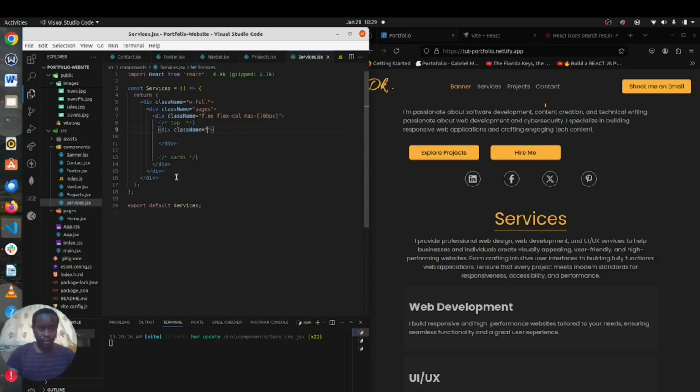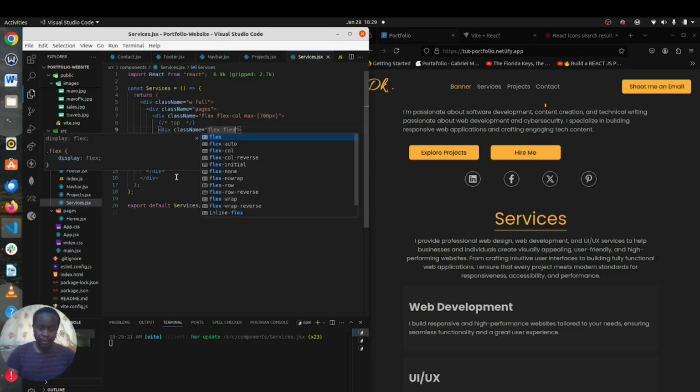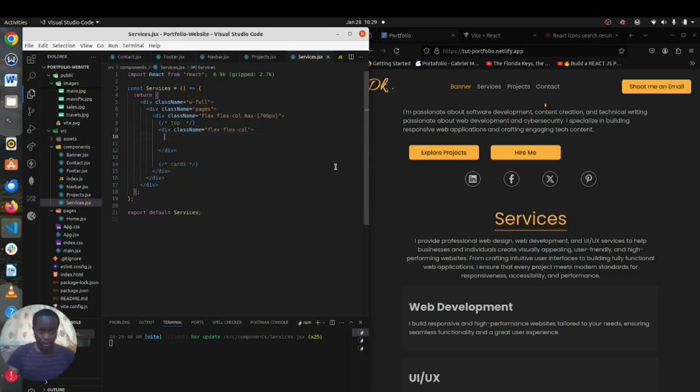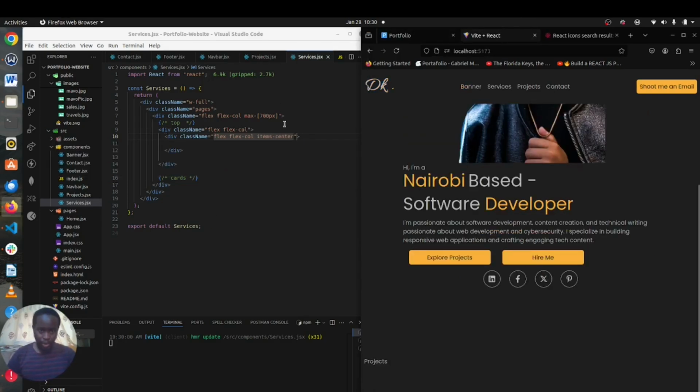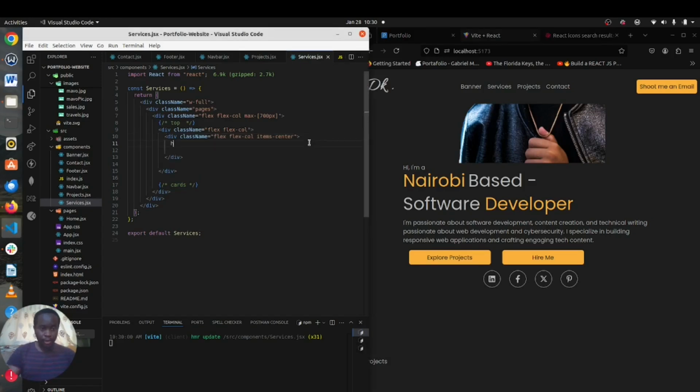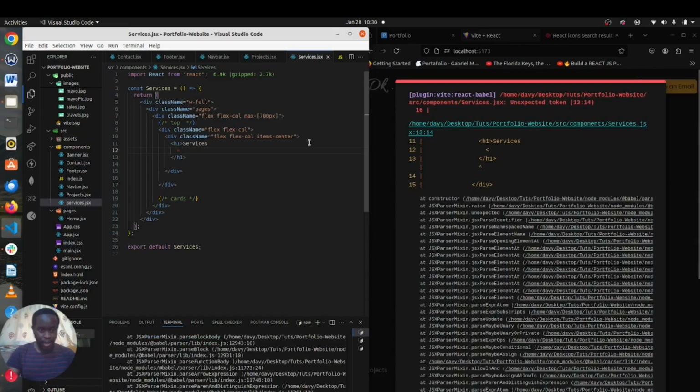So you know, our class name flex column. Then we have another div for this one. Again, it will be class name flex column items center. See what we are doing. For this one, we'll have an h1 tag, services, then below that we have the divider,